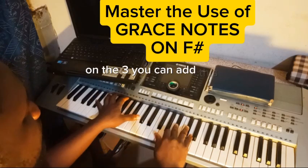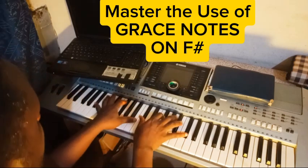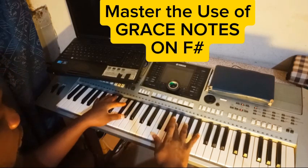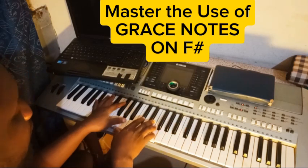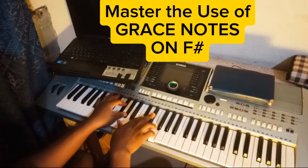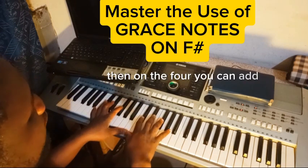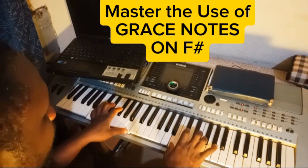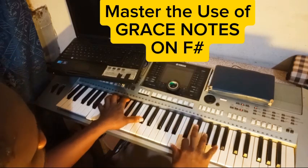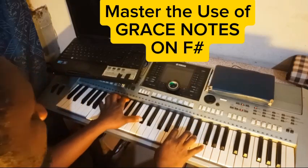On the 3 you can have this, the same thing you do on your 1, you can do that on your 3. You can have this slide. So that's 2 things combined together. Or then on the 4 you can have this. So you do this. Example, if you are doing this song,